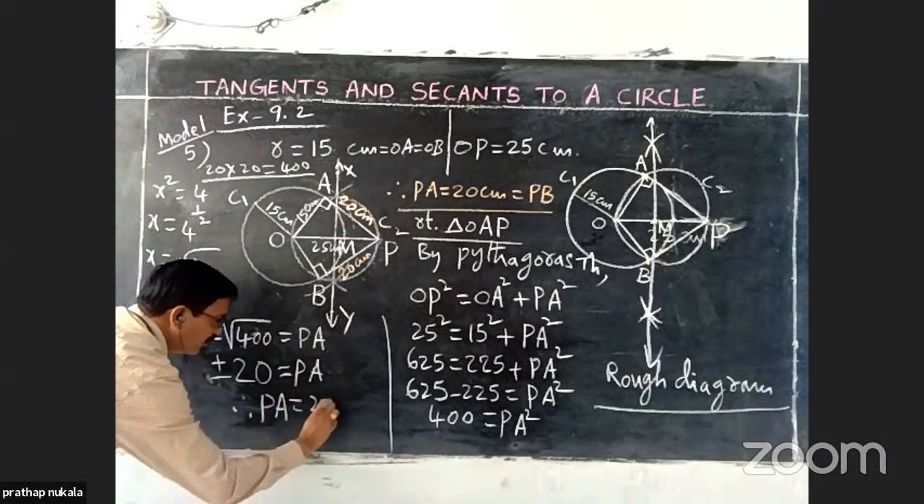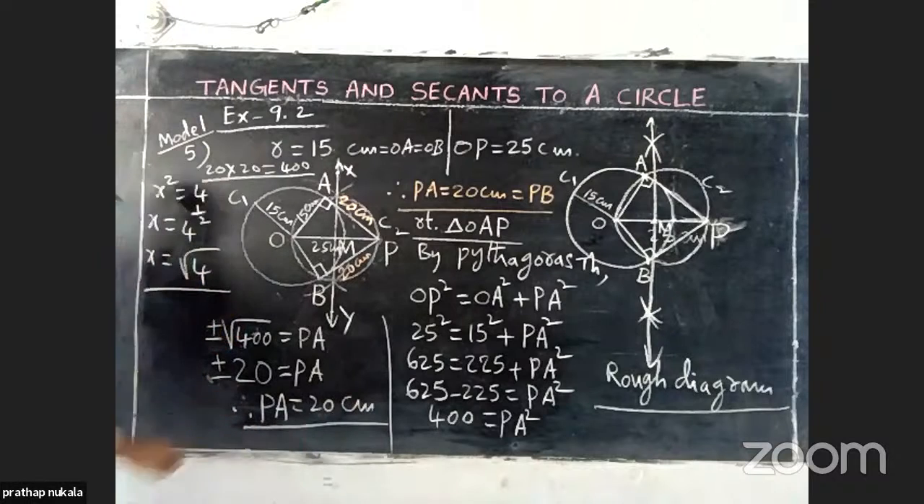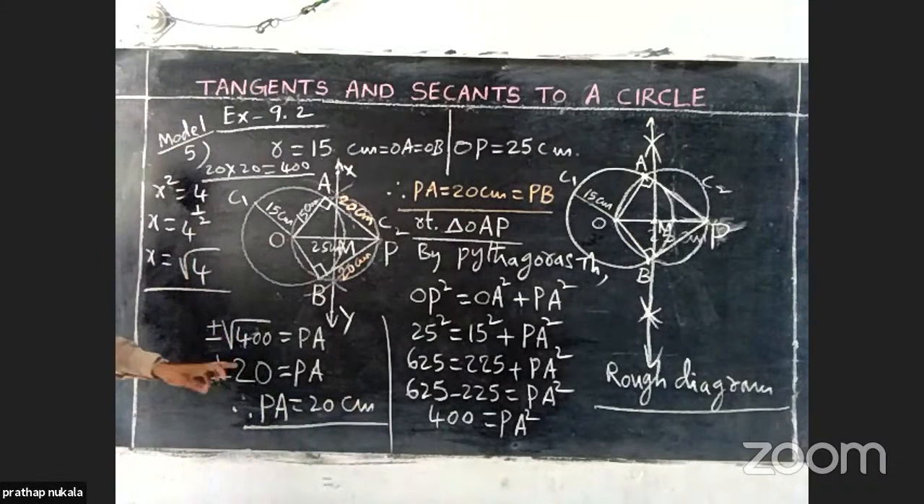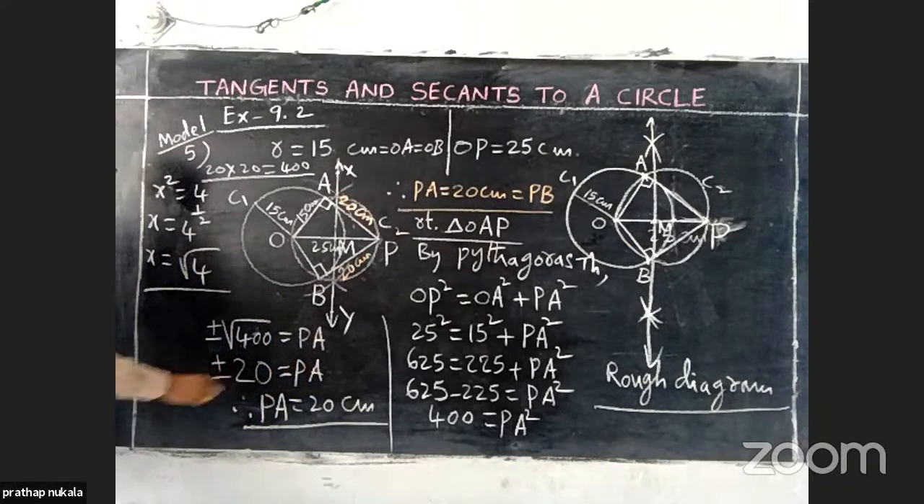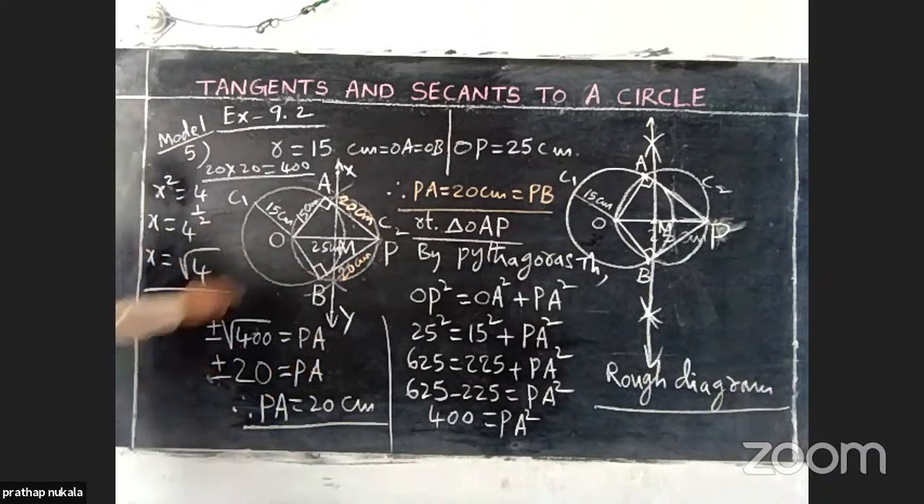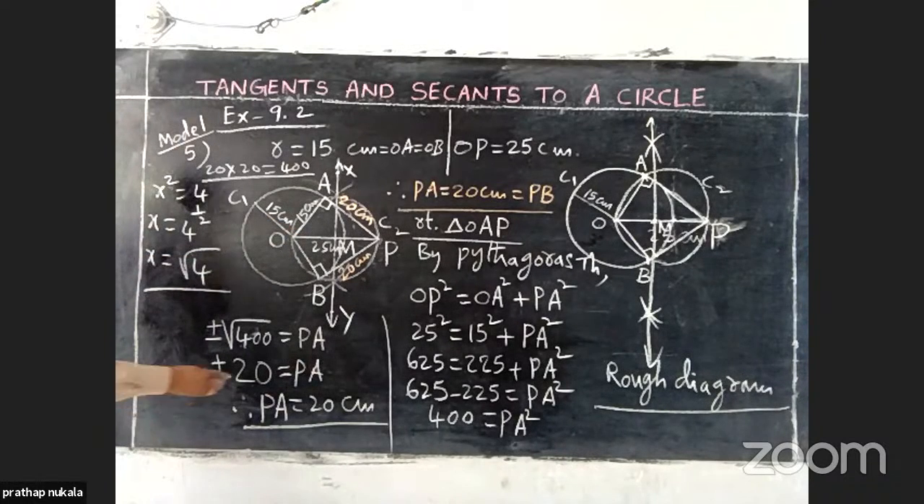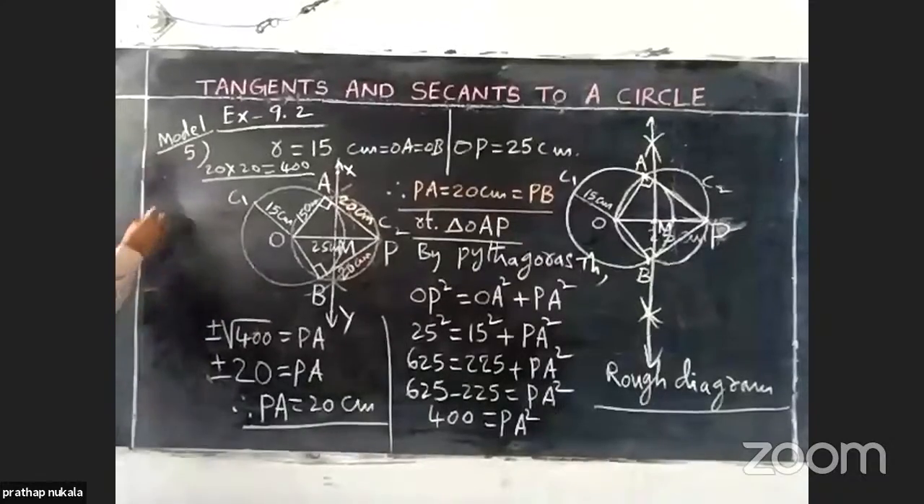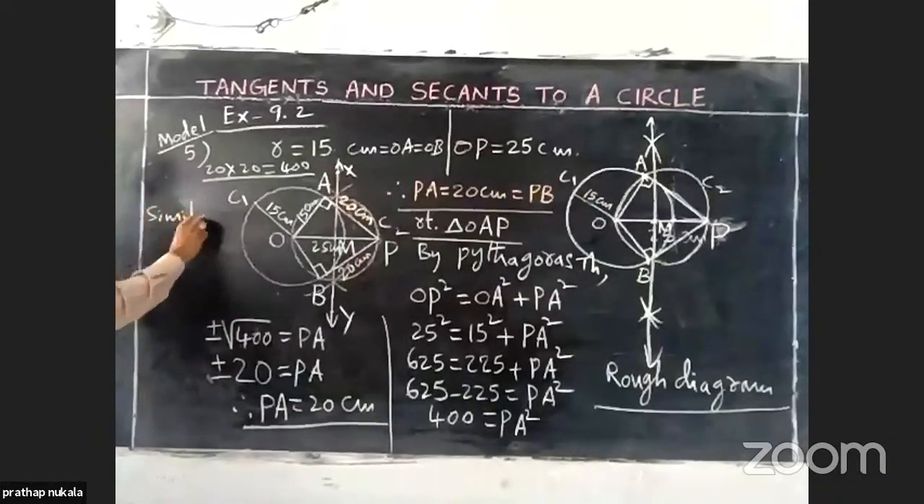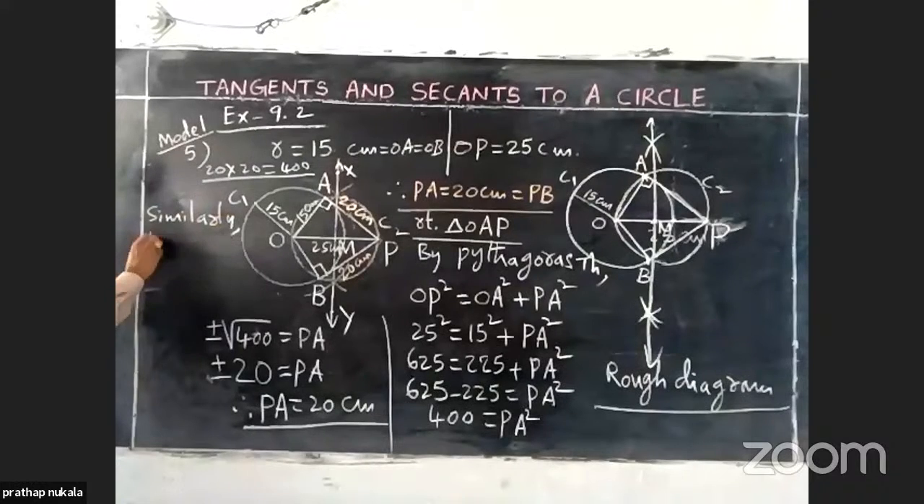Therefore, PA equal to, we have to take only the positive value, that is 20 centimeters. Only the positive value will be taken. The minus 20 value is neglected since distance cannot be negative. That's the reason. Therefore, we are getting PA equal to 20 centimeters. In the same way, similarly, we get PB equal to 20